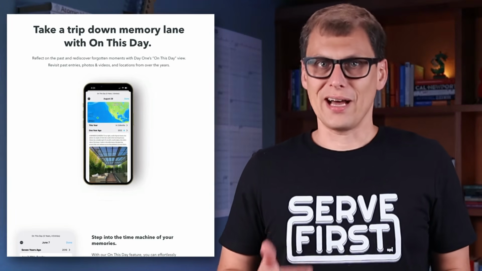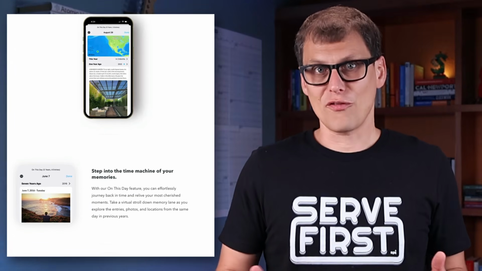I've been using a custom journaling workflow in Obsidian for over 5 years now. But before that, I was very happy using the excellent Day One app on my iPhone and my Mac. And while I love the fact that I can customize my own workflow exactly the way I want it in Obsidian, I've honestly missed the On This Day feature in Day One, and I've thought often about switching back to